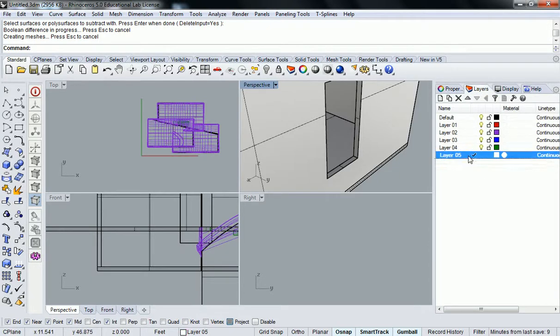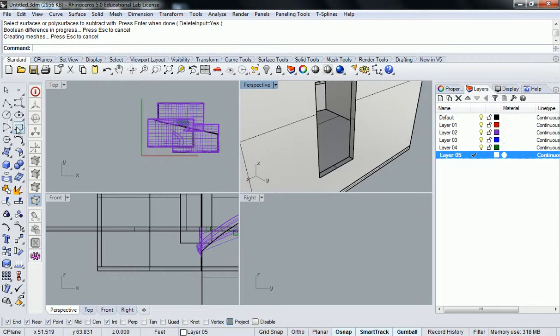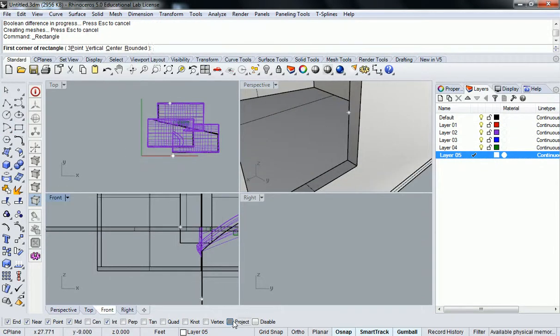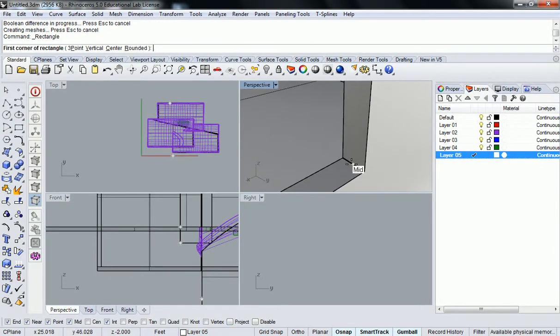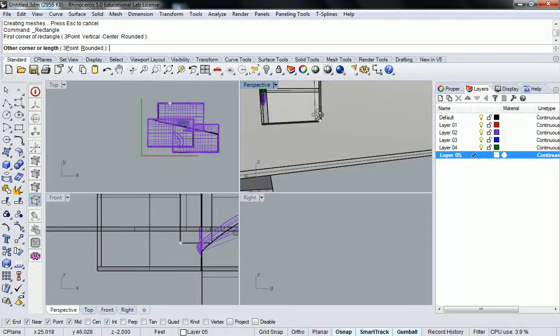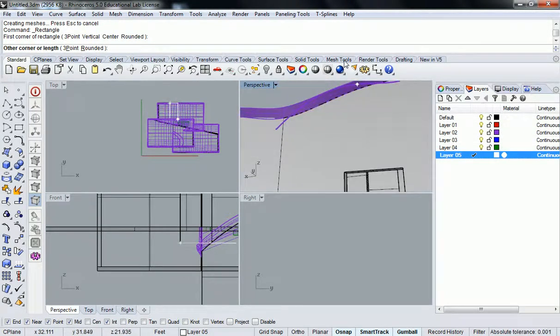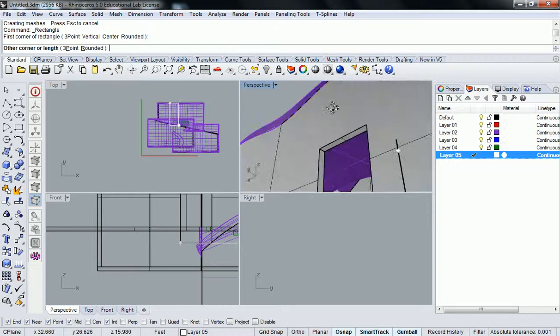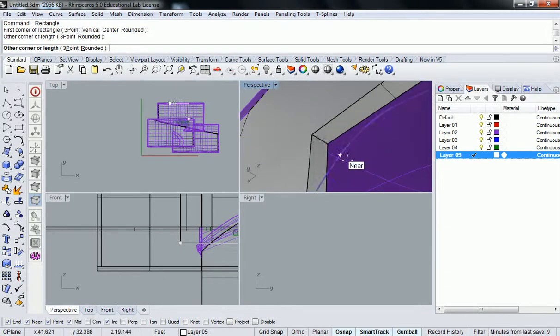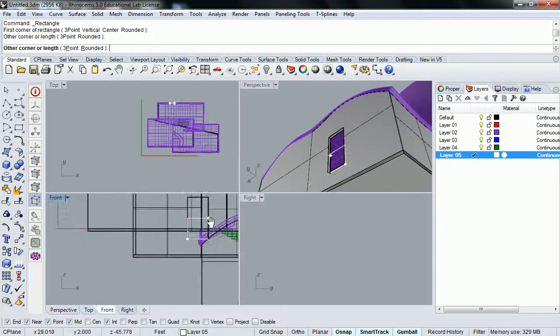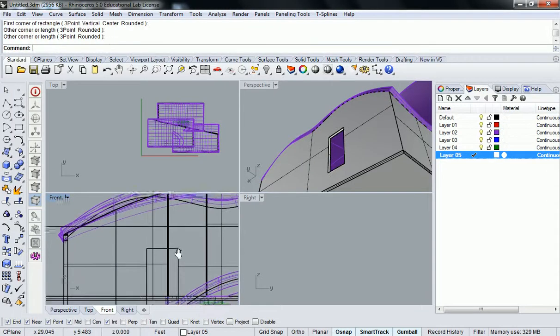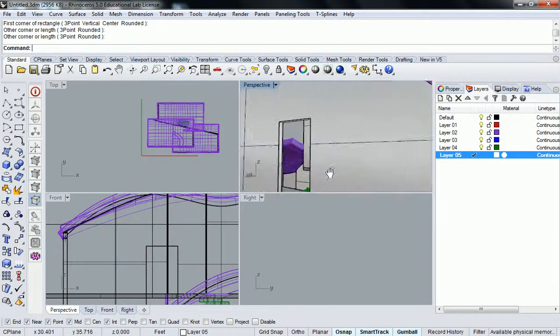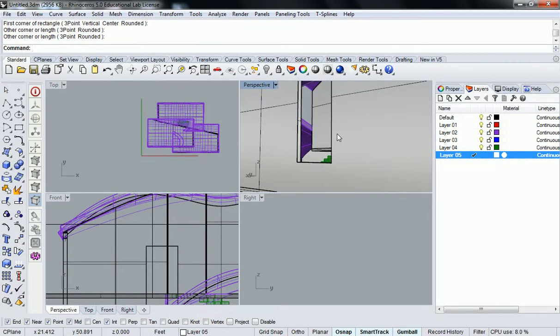I'm going to go back to layers, go to layer 5, which I'm using for some basic things, turn project off. And if you have your midpoints on, you can just start there. Go up to the top, it might let me anchor it at the midpoint. Nope, it won't. I need to go here. Go up there. Okay, so that rail is going to give us the opportunity to just do a sweep with